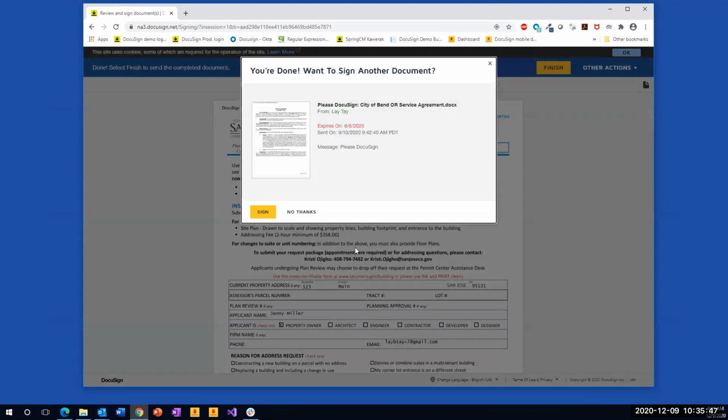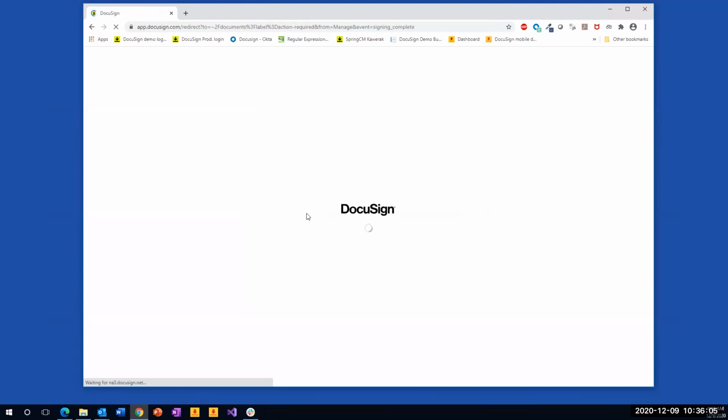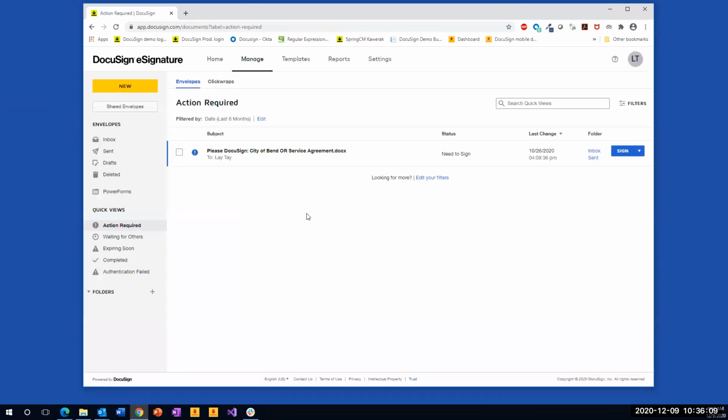Now, once I've done this, if I have additional forms that I need to approve or documents I need to sign off, because I am an account holder, DocuSign will automatically prompt and ask me, hey, do you want to sign the next one? It's a convenient feature. I can just click sign and keep going until I'm done for the day. Or I can say no thanks and come back to it later on. Very convenient for account holders because now I don't have to constantly switch between my email and DocuSign, right? I can just go to DocuSign directly, boom, boom, boom, sign everything in one go, and then I'm done.